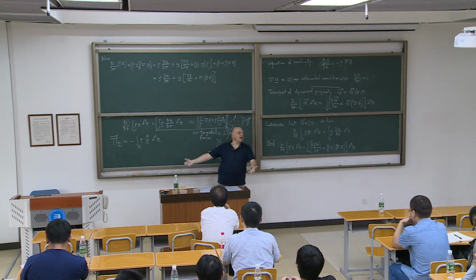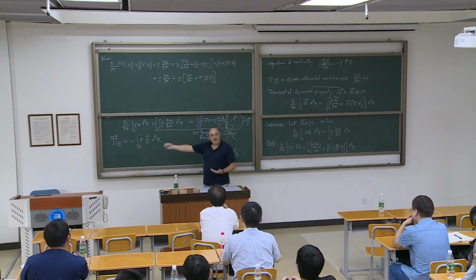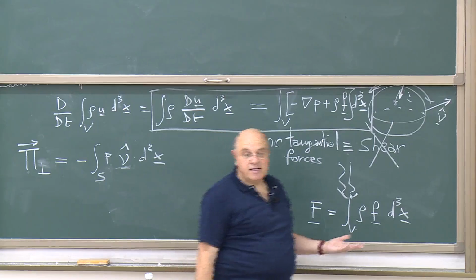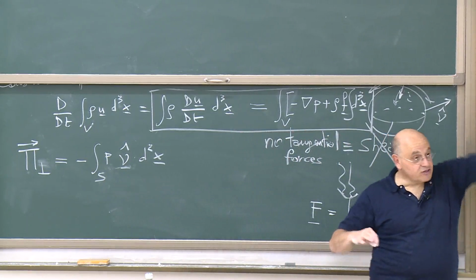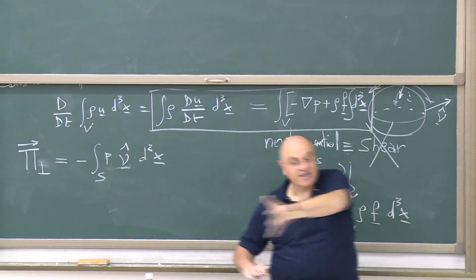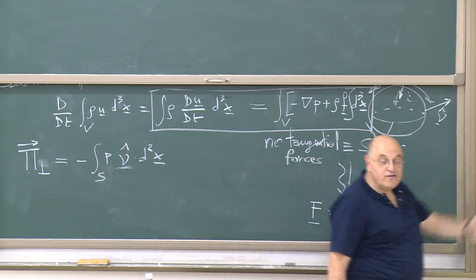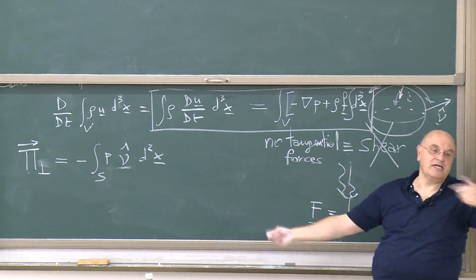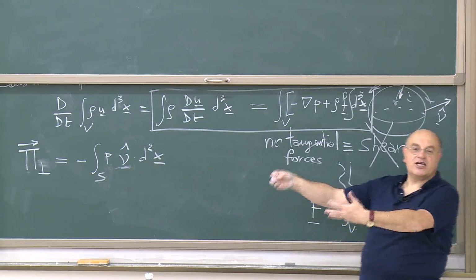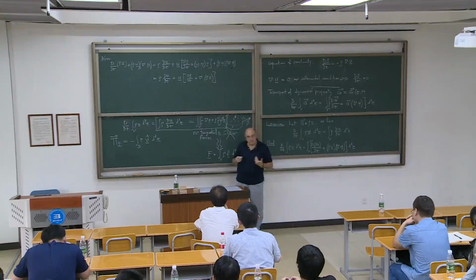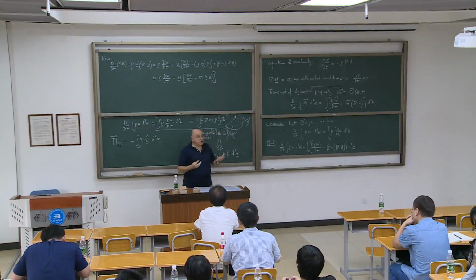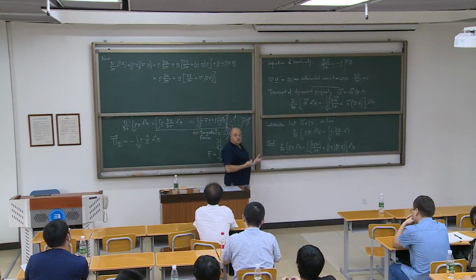You like fresh air. Why? Because there is pressure outside that maybe is much lower. And so the difference in pressure pushes the flow of air going out, or the other way around, the fresh air coming in the room. Okay? So the pressure is the only force you consider